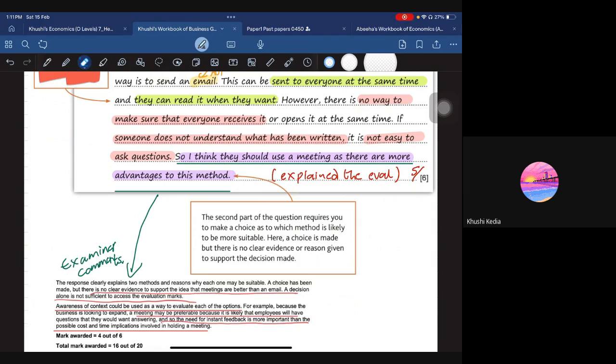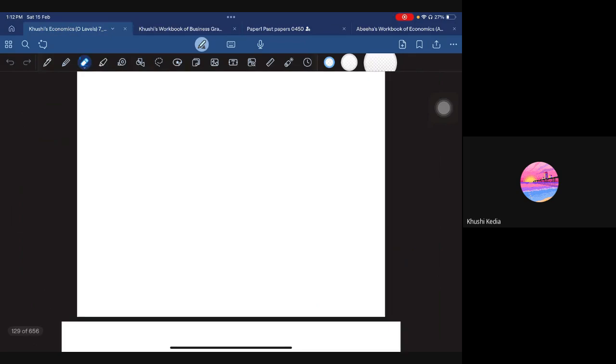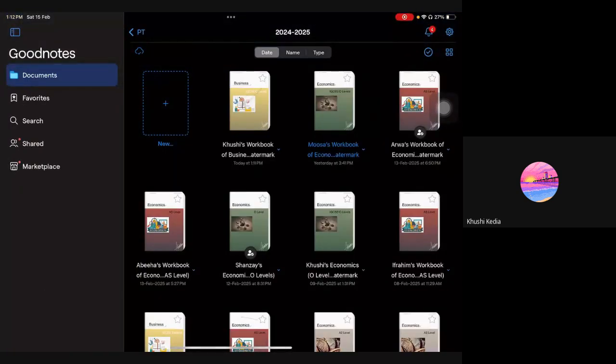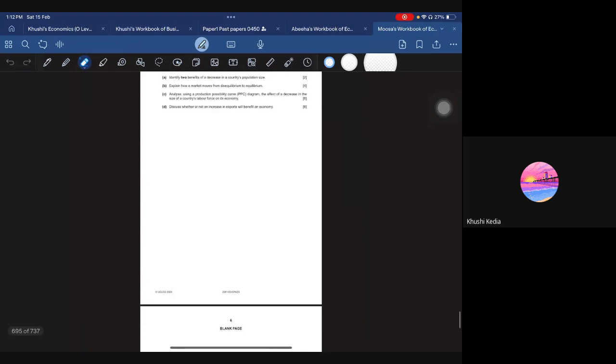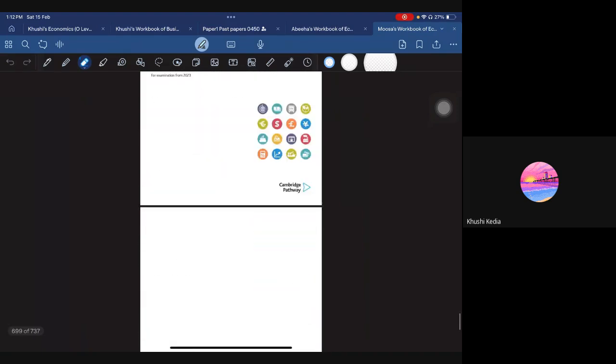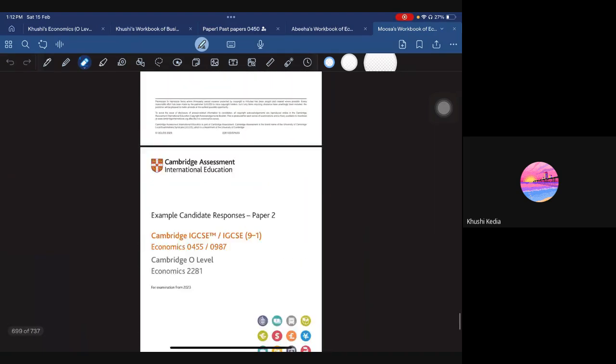From what the marking scheme is, this is a bit different. Have I shown you one of the questions there? I show you that how come the Cambridge criteria sometimes is different from the examiner report? The best example that we can see here is, where did I do that? I have done it somewhere. I guess here. I've checked one of the economics paper. So you can see here, Kushi,